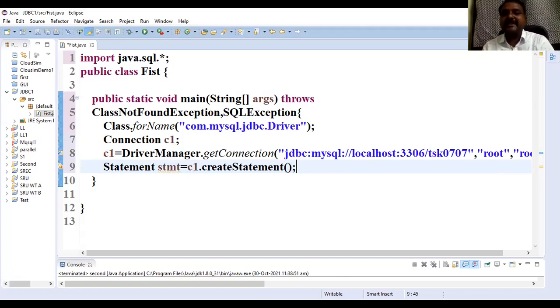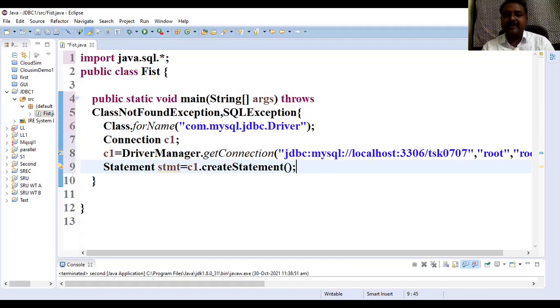By giving this statement, we are going to define what sort of instructions we are going to execute on your database for the sake of your Java program. So if I would like to execute only general instructions on your database, then we are going to use the method called createStatement.